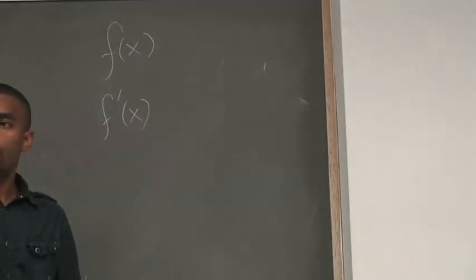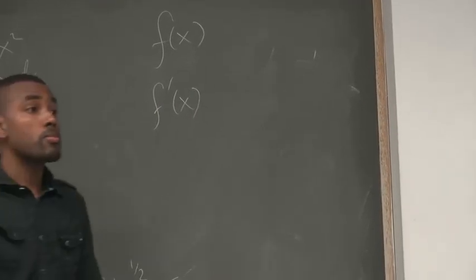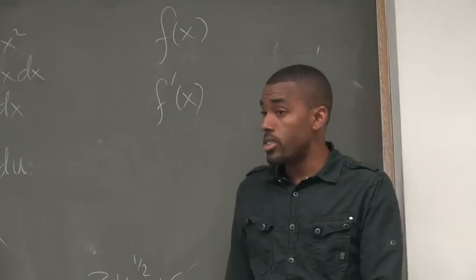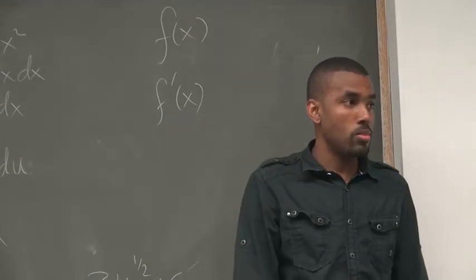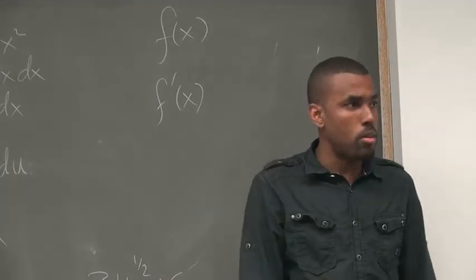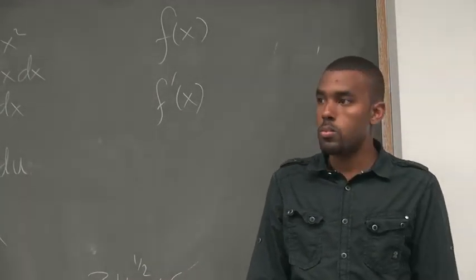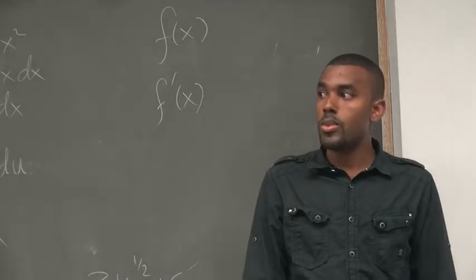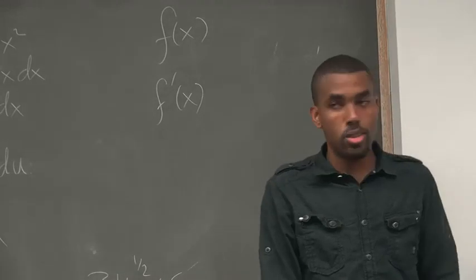You can find maximums and minimums using the first derivative. What else can you do? You can also determine if the function is increasing or decreasing. How do you know it's increasing? If the derivative is greater than 0. How would you find a max or a min? When the derivative is equal to 0. Is that the only time? No, it's also when it's undefined, but the function itself is continuous. So what we're talking about are critical points, which is where the derivative is 0 or undefined.